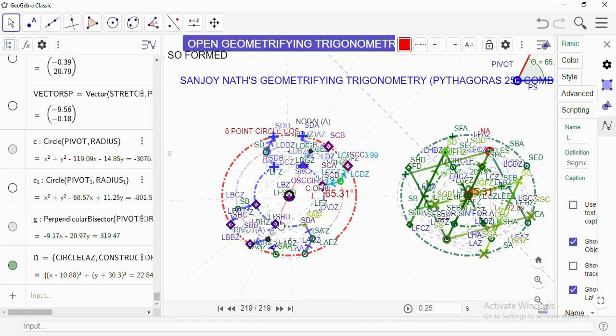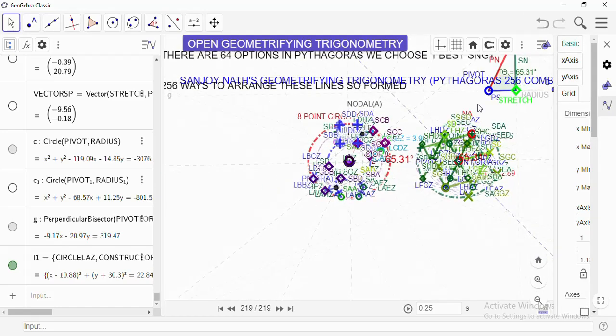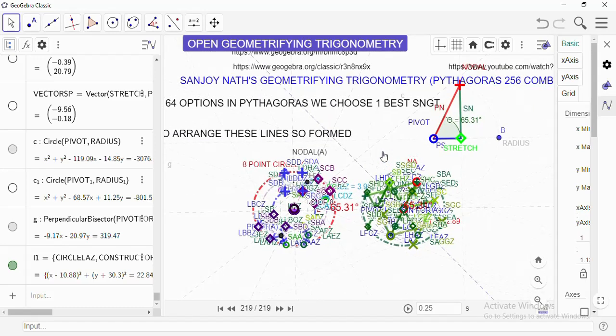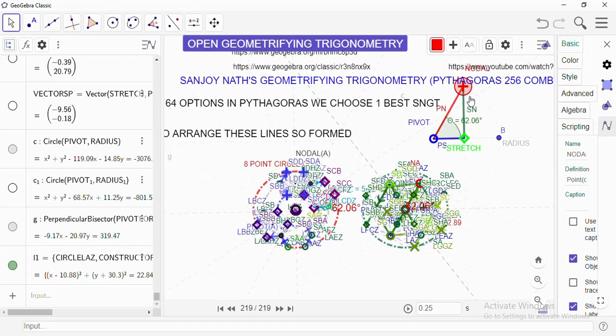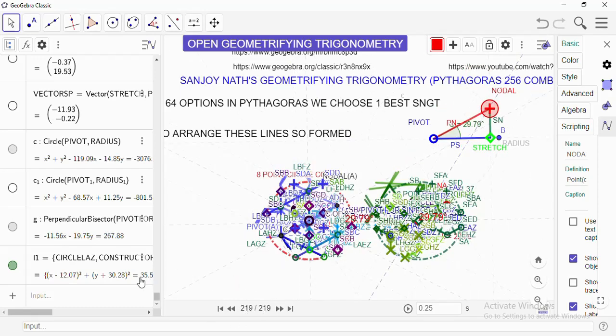and that is shown in red here, and that is shown as a controller here also in this diagram. The moment we change it, the whole arrangement changes, and we have already made 219 construction steps that you can download from here. From this link you will get the